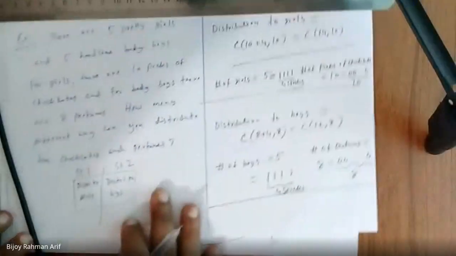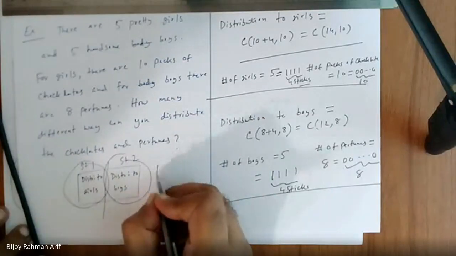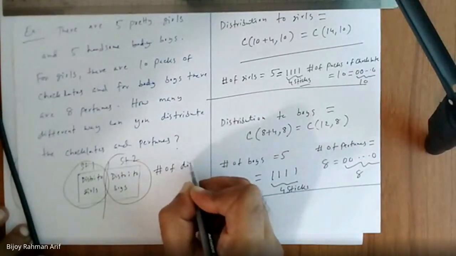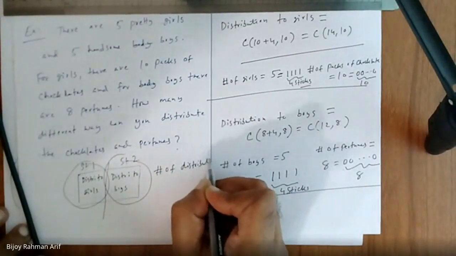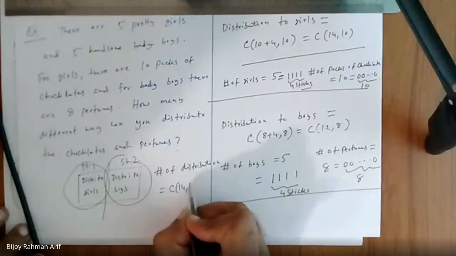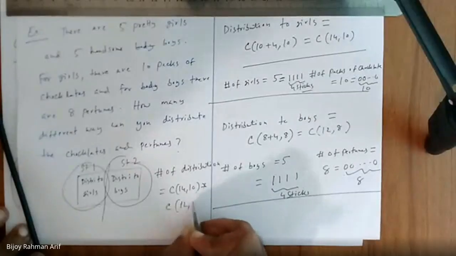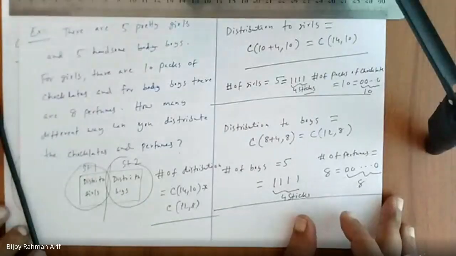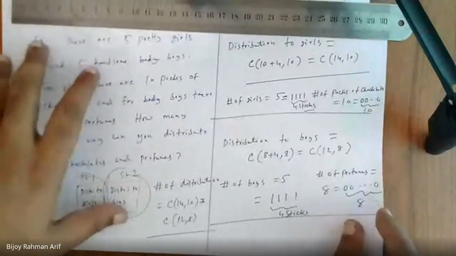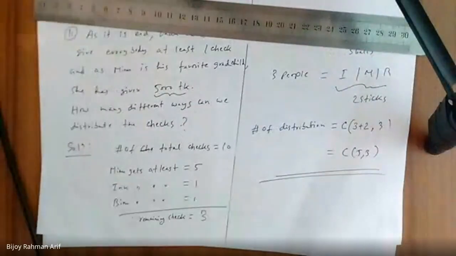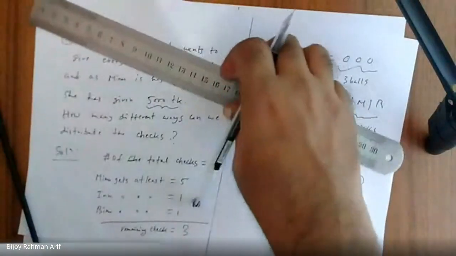Now what would be the final answer? A big task is divided into subtasks. So number of distribution is equal to C(14,10) multiplied with C(12,8). Good. So this is the final answer. All right. এবার লাস্ট আরেকটা প্রবলেমে যাই। এটা ভেরি ইম্পর্টেন্ট, প্রতি সেমিস্টারে আসছে এই প্রবলেমটা, ফাইনালও আসতে পারে, যথেষ্ট চান্স আছে।